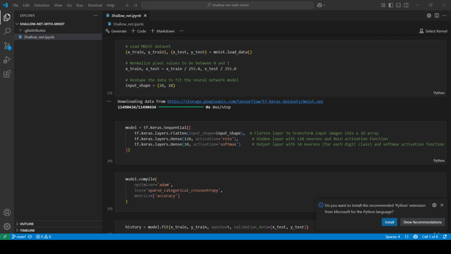Firstly, the tf.keras.layers.Flatten function. This layer takes our 2D input images, like 28 by 28 pixels, and transforms them into a one-dimensional array with 784 elements. That is 28 times 28. Then after that,